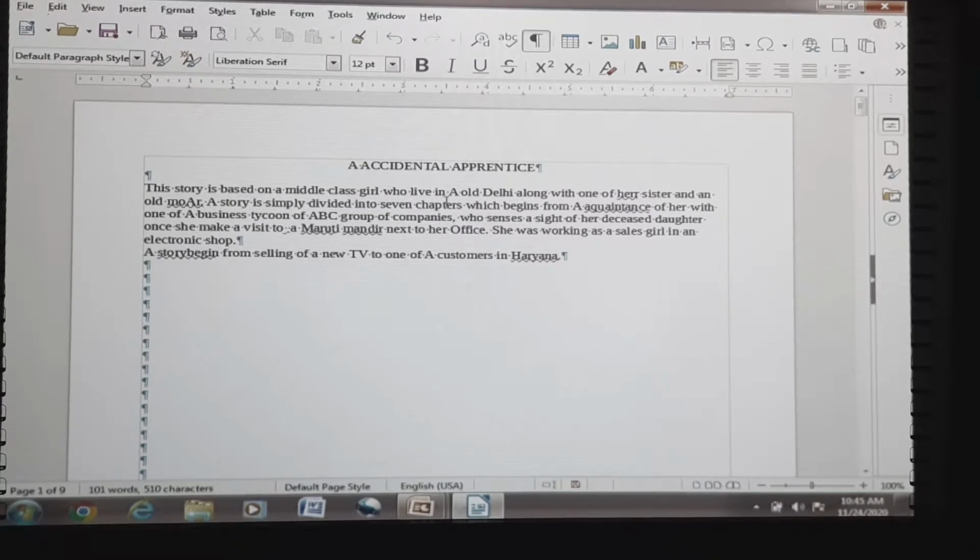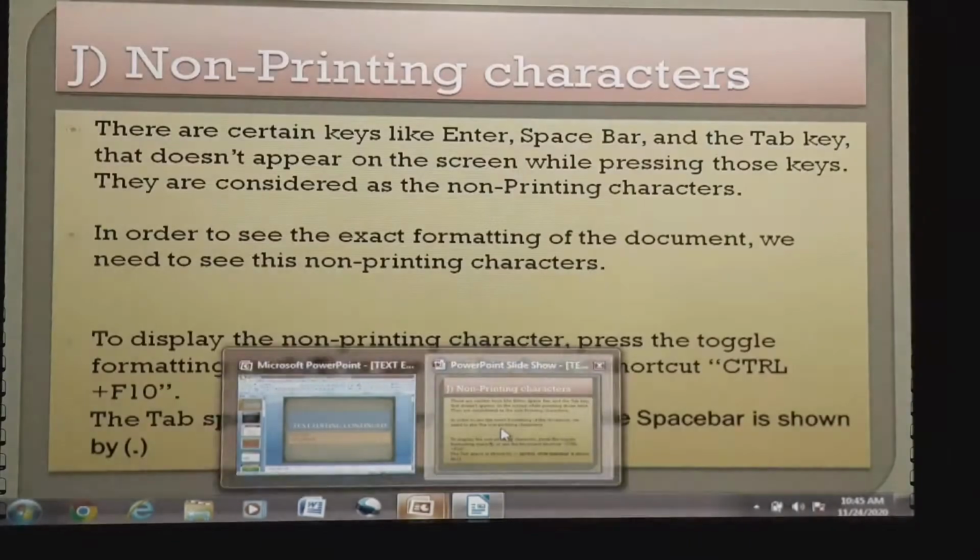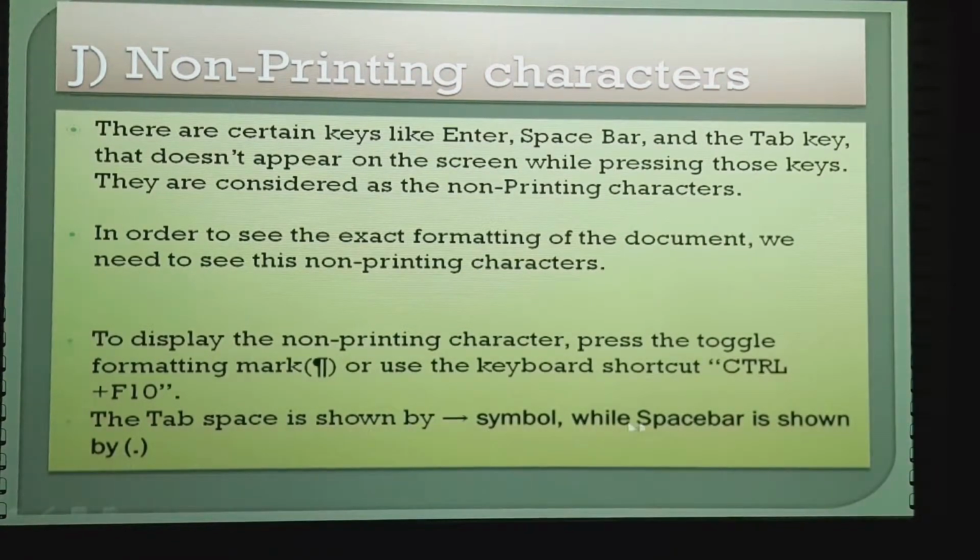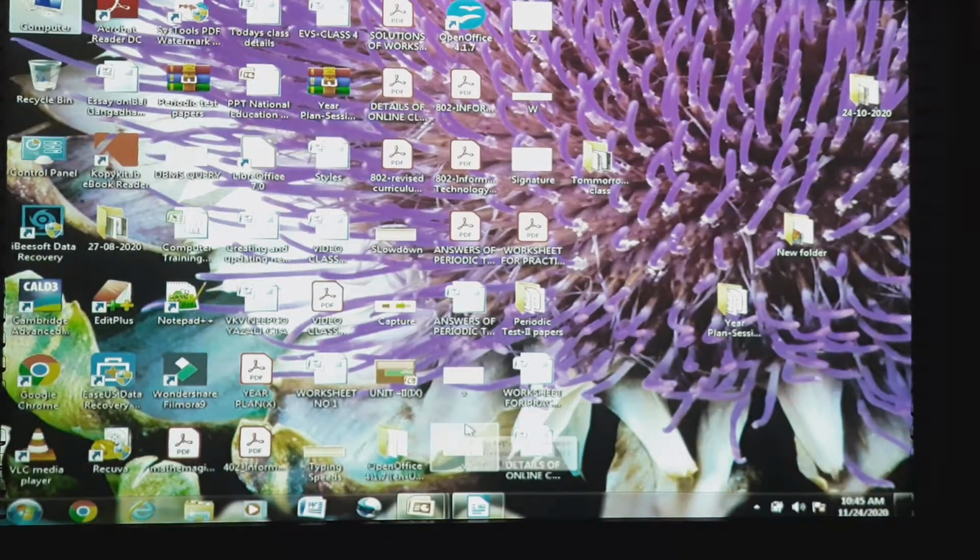So the full stop simply indicates the spacebar. We have not inserted a tab space; if we had inserted the tab key, it would have been represented by this symbol. The tab key has not been utilized, so the right-handed arrow is not depicted here.